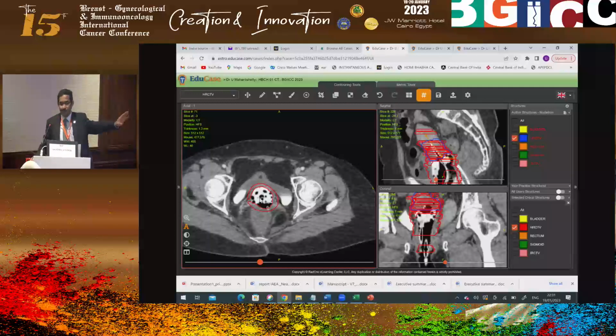So if it is, let's say, 9 o'clock to 3 o'clock, then only the anterior half should be included. Or if it is 3 o'clock to 9 o'clock, only the posterior half. That is why, if you see my clinical drawing, there is a clock. So vaginal disease, clockwise and lengthwise. If you document both, then you can contour them correctly. Okay. The other thing I can see here very well is in